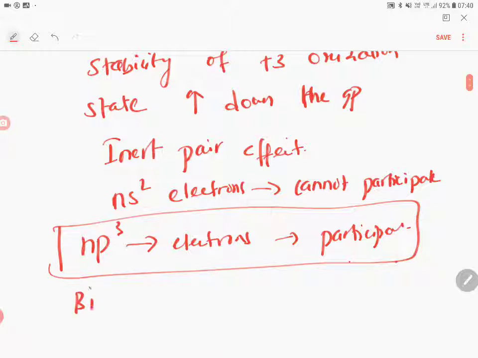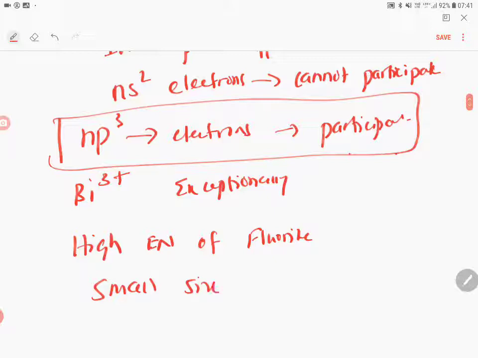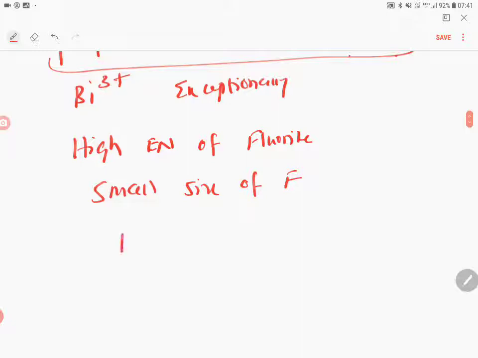In group 15, bismuth can form the highly stable oxidation state Bi3+. But exceptionally, due to the high electronegativity of fluorine and the small size of fluorine, bismuth can form BiF5, bismuth pentafluoride,